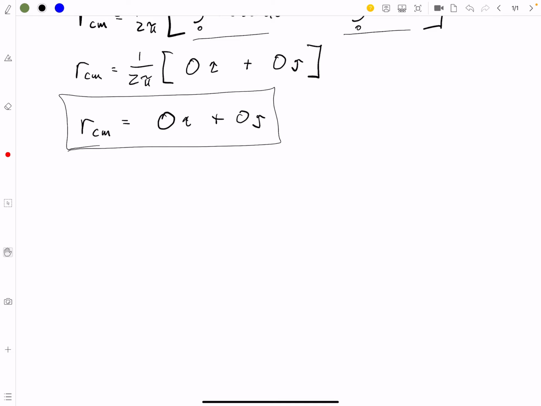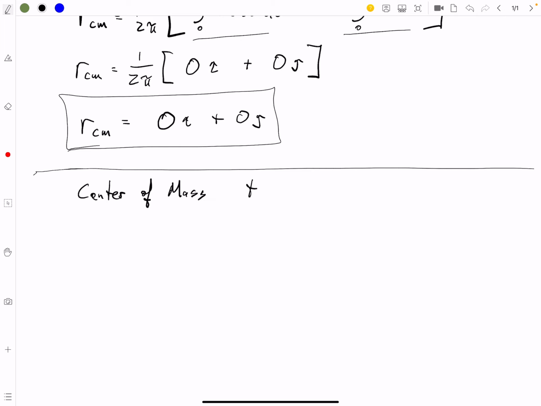So, good. Now, there's an easy way to do the center of mass. Everybody wants the easy way. So, center of mass, the easy way. Why didn't you tell us the easy way right off the bat? Well, I don't know why I didn't tell you right off the bat, but